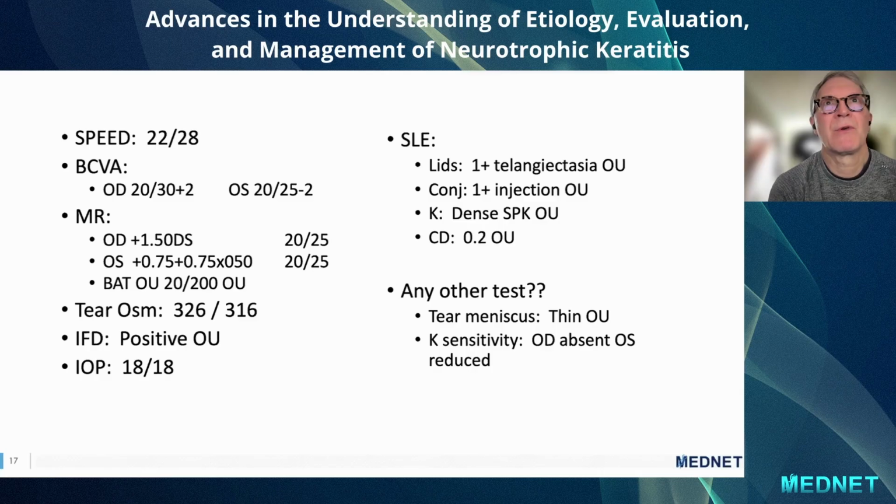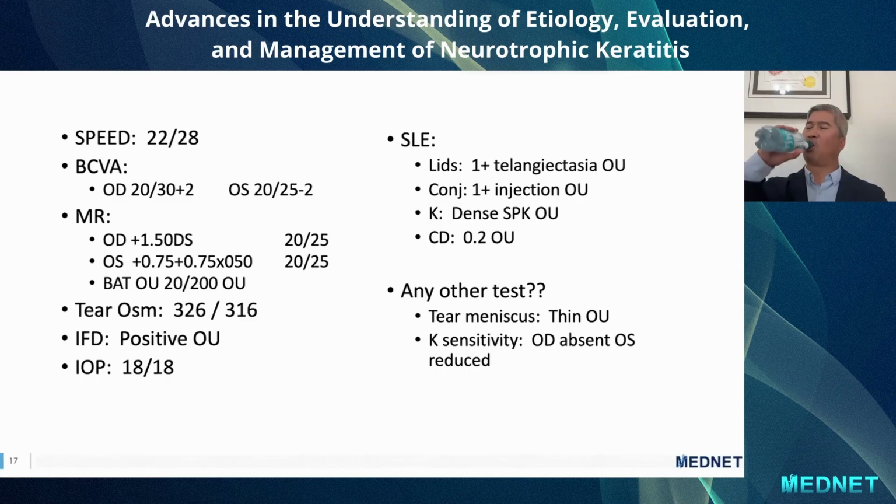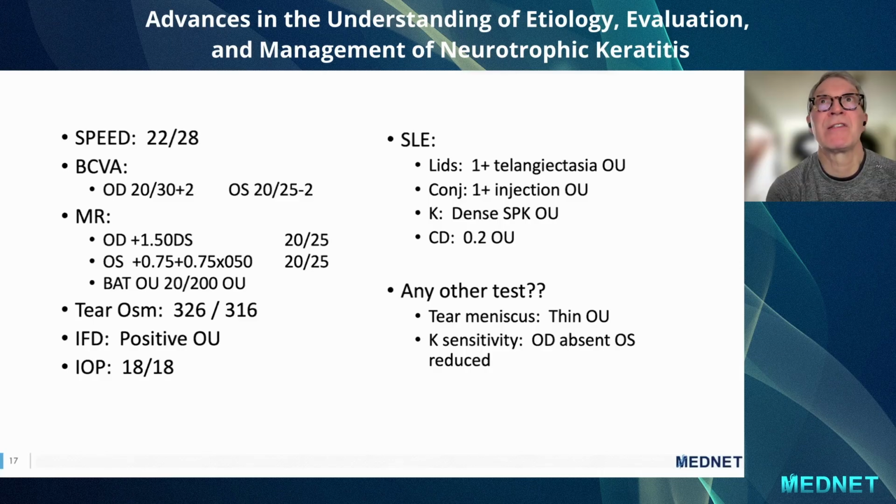Obviously the patient has a corneal epitheliopathy of some etiology. One thing that is kind of striking is that the patient has a lot of symptoms, yet the corneal sensitivity is reduced and absent in the right eye. So that's kind of the disconnect that we see sometimes in stage one NK. That the nerves are kind of traumatized and they may be abnormally signaling pain impulses, but they don't feel anything